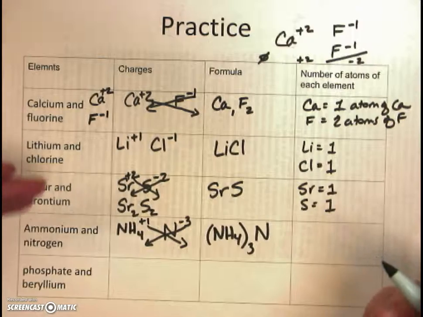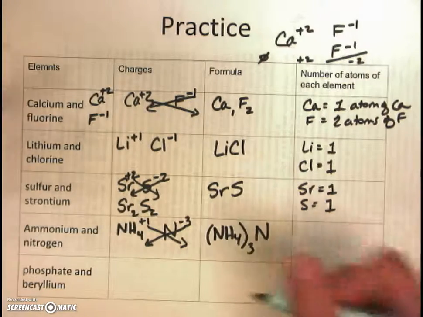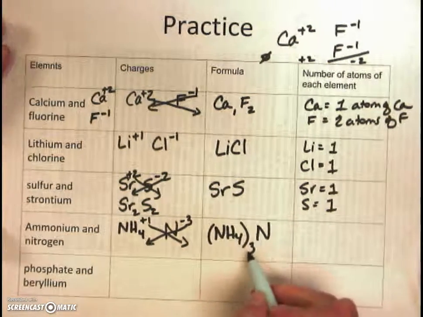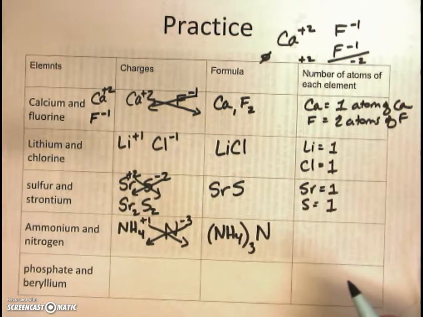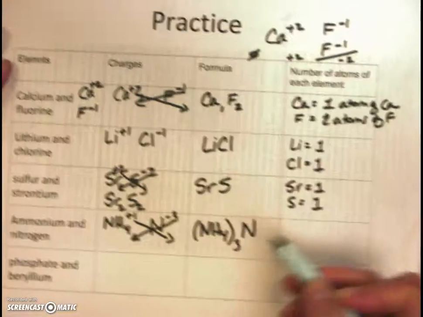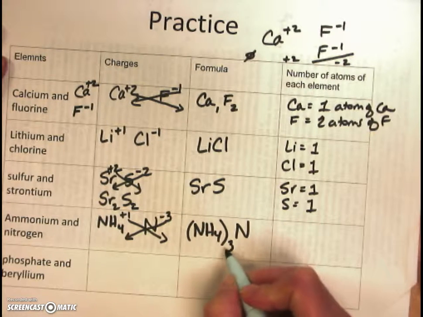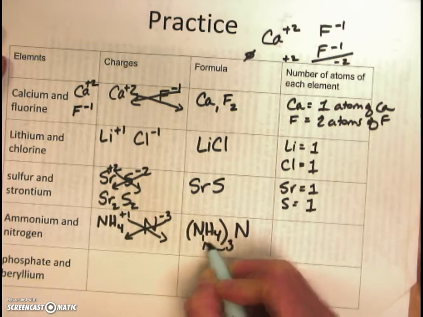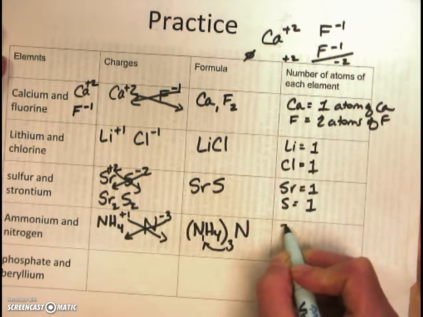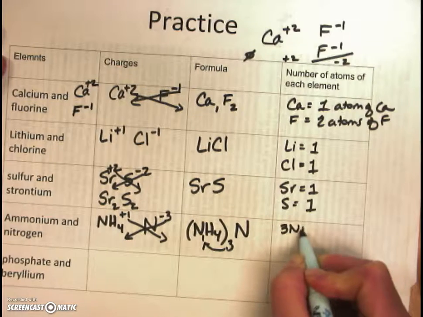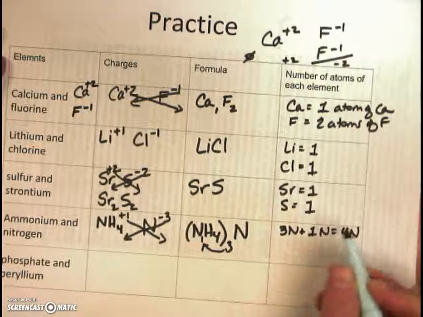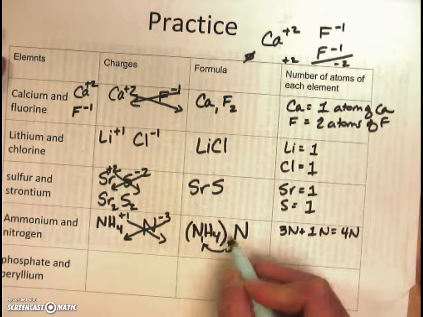So let's talk about how many nitrogens are there in this entire compound. You're going to multiply. It's kind of like FOIL, or the distributive property, like from math. So there's going to be 3 times, this has an implied 1. So 3 times 1 is 3 nitrogens plus this one. So the whole compound has 4 nitrogens, and then there's going to be 3